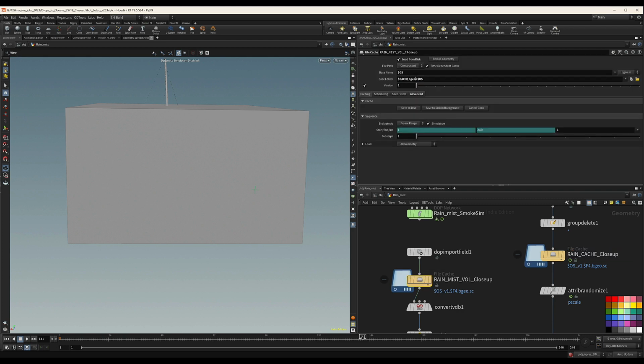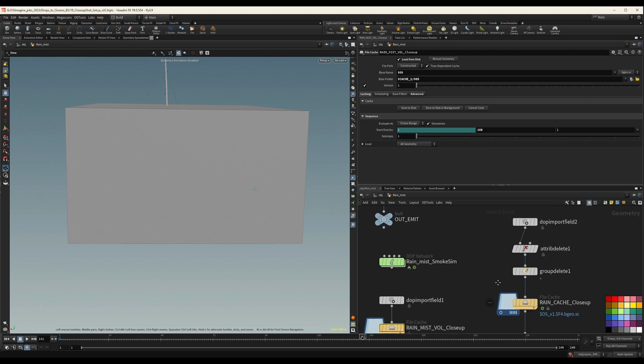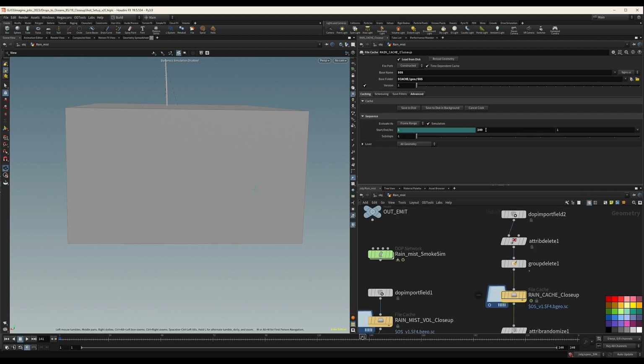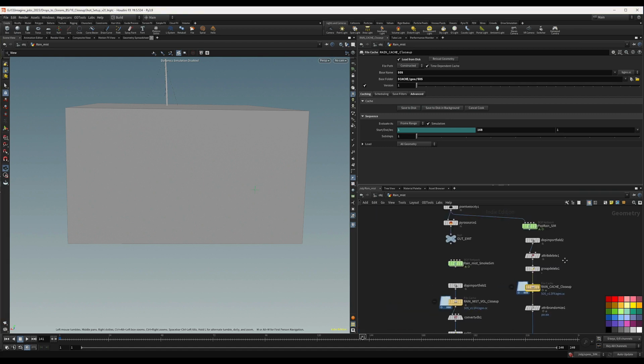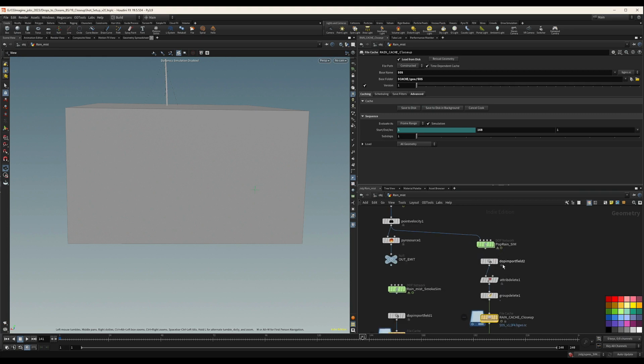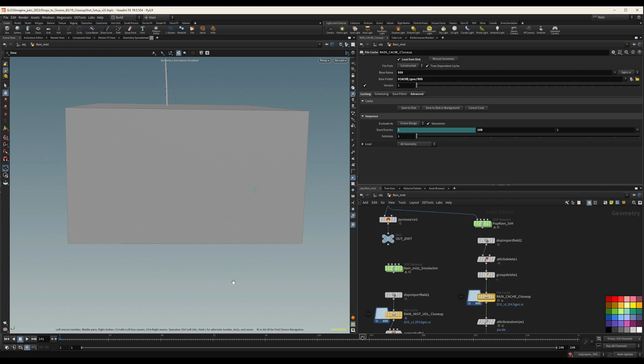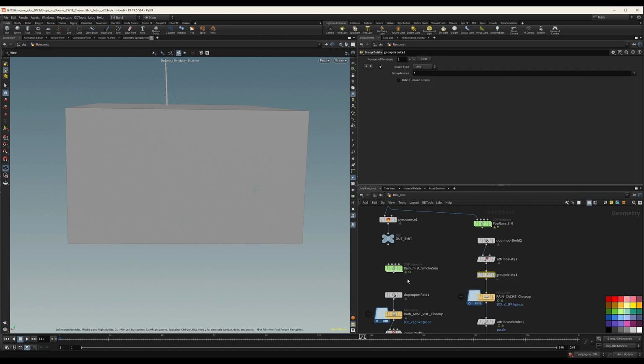The part that I want to do is the cache 2, this one. Yeah, and from 1 to 168, and then this guy is also 1 to 168, and yeah, we keep that. We don't need to delete the group. We might